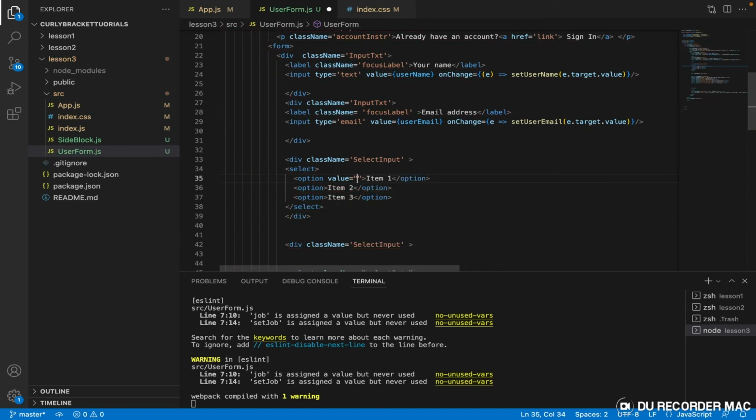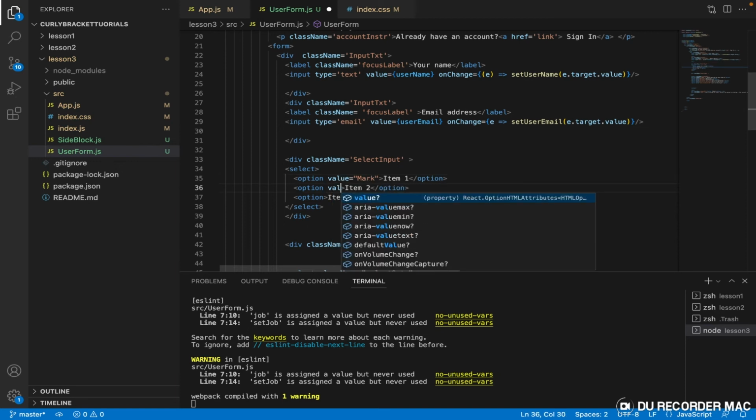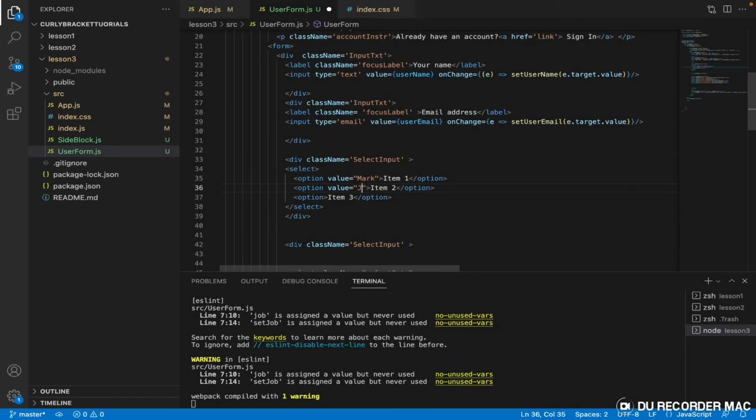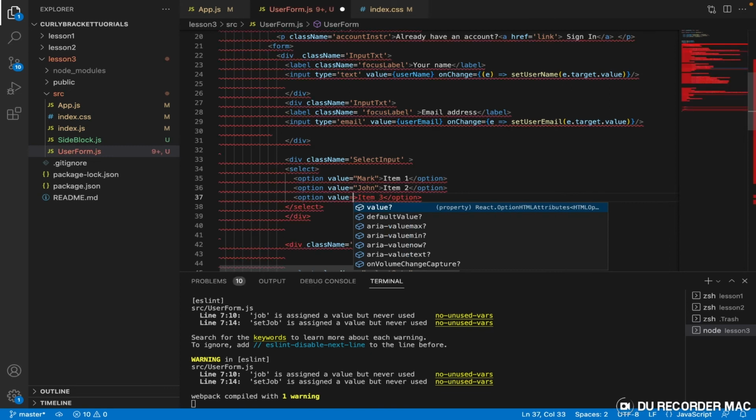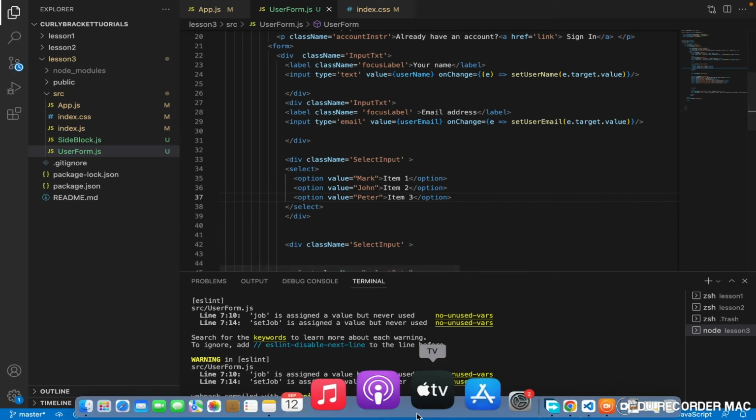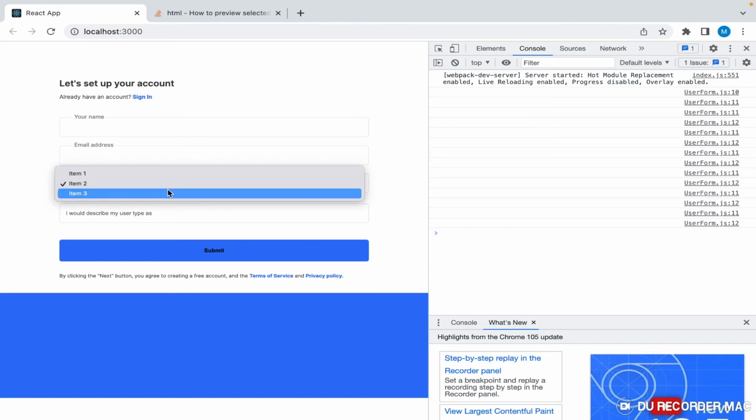So if I call this Mark, option 1 is Mark. I have no idea why I'm using Mark a lot in this lesson, but maybe one of you is named Mark, and this is John. Okay, and this is Peter. All right, now you see when we save this, nothing changed physically, but we have something that we can make use of programmatically right now, and that is